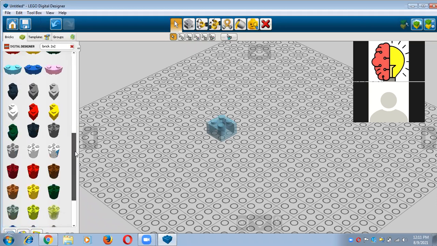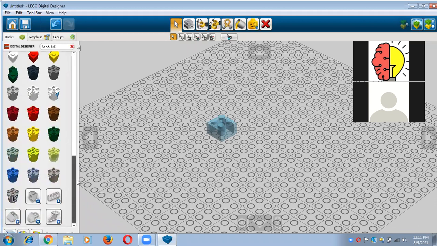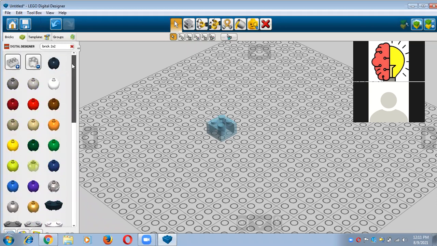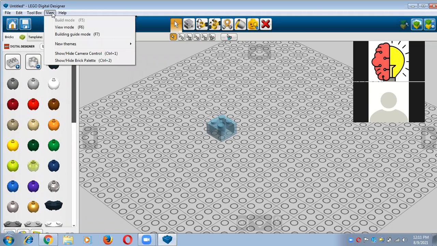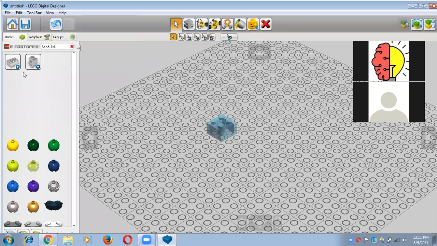And it is not available. It is not available in LDD. So what should I do? Simply change the theme. Just go back to the view option, and after that you have to choose new theme, and then you will choose Lego Mindstorm. You can see here.